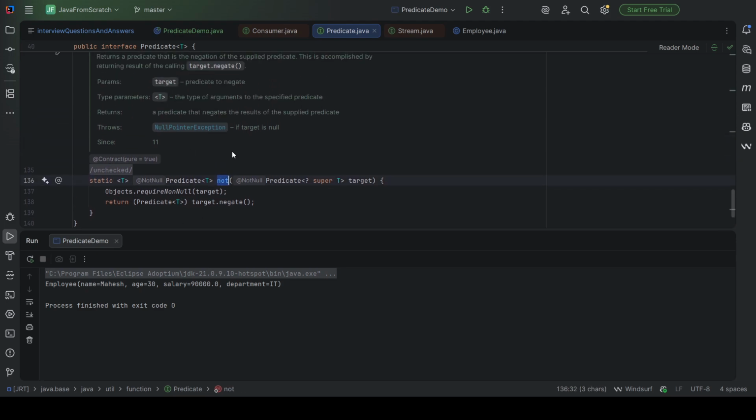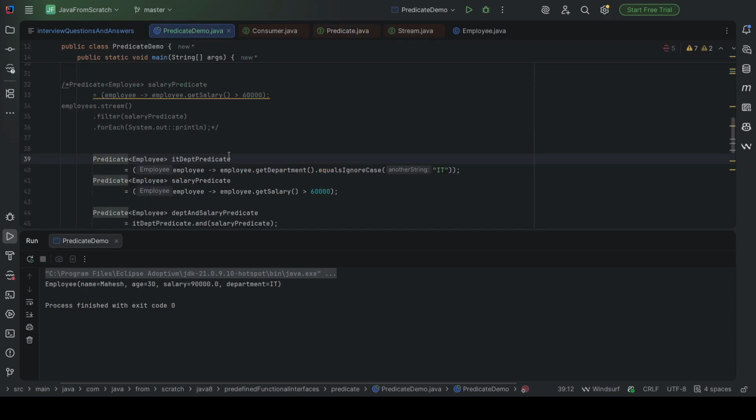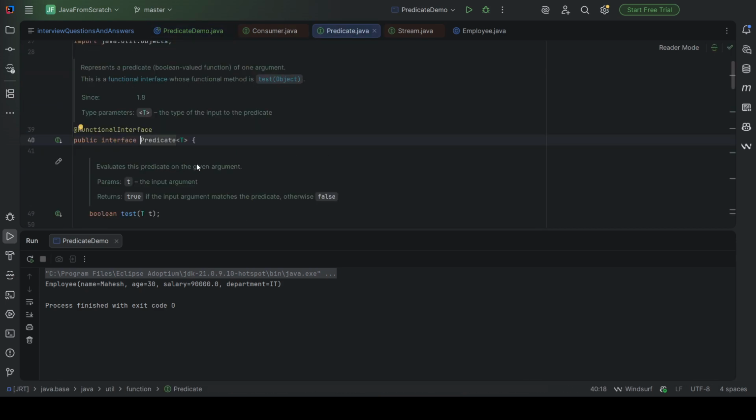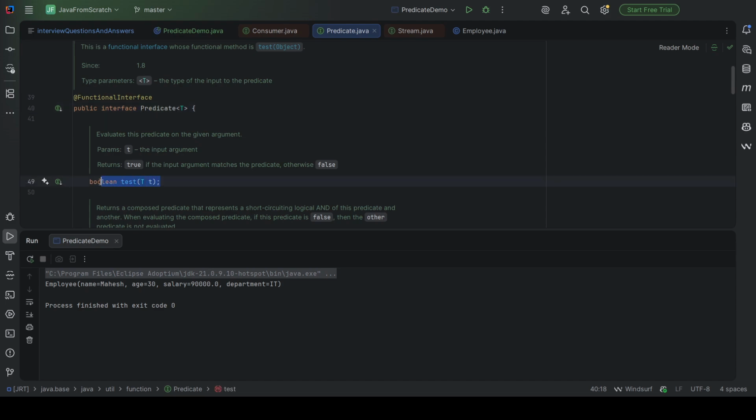So we can add n number of static and n number of default methods inside a functional interface, that we already know. But Predicate is the functional interface which has exactly one single abstract method, that is nothing but test. It will take a condition for evaluation. If that condition is true, then it will return boolean value true. If the condition is false, then it will return boolean value false. And Predicate is used inside the filter.